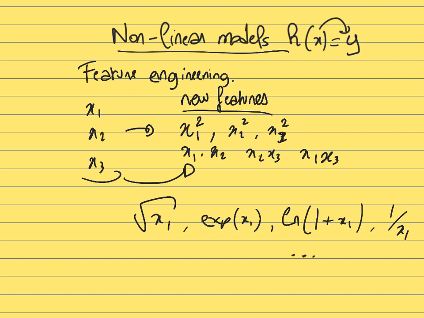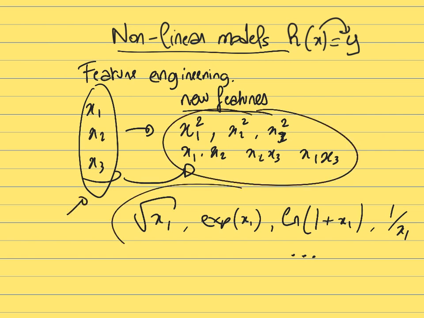So there is a whole kind of mathematical transformation that you can do. And when you have just a few features like this, then it's possible to just transform them to create some new features that are just going to be some mathematical transformation, that will allow you to have now a nonlinear model that does not only depend on the features but also on their mathematical transformation.